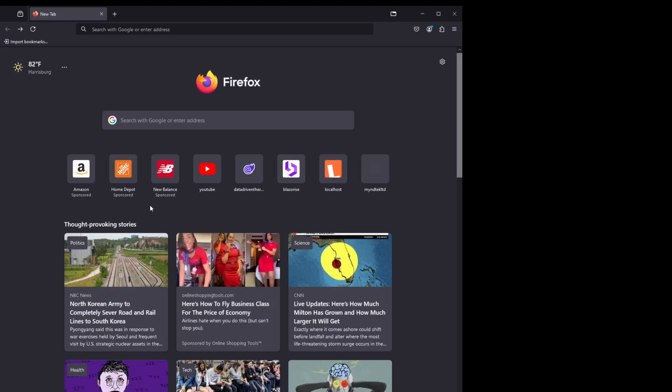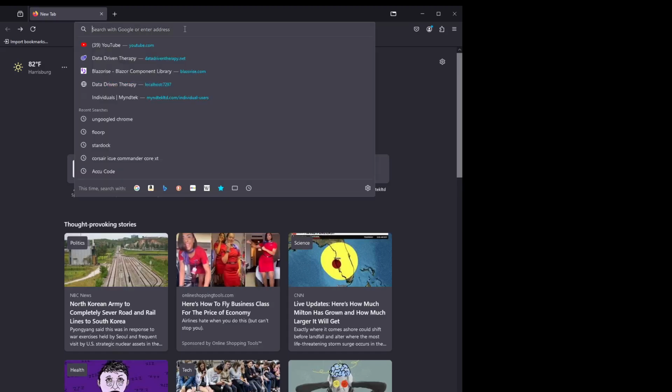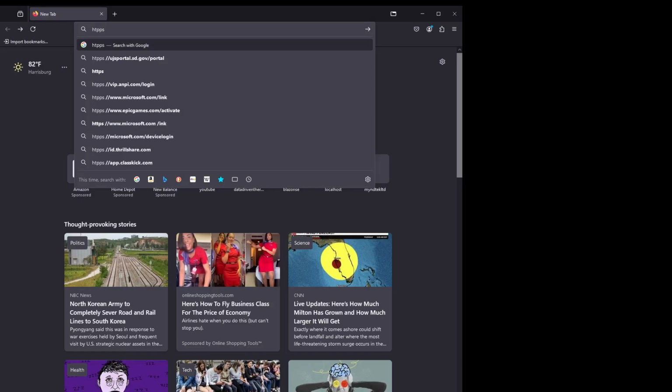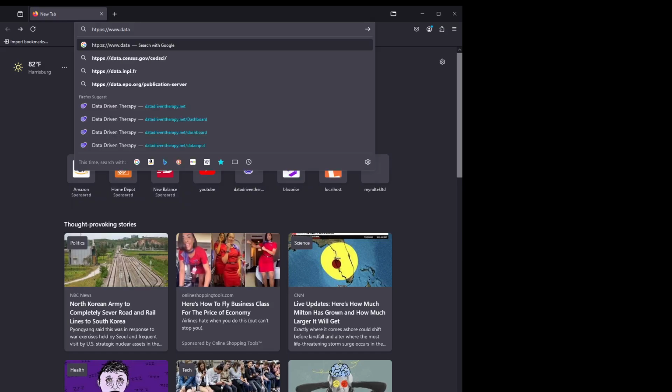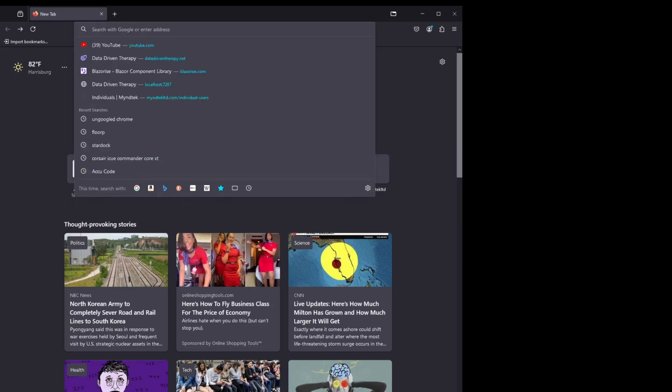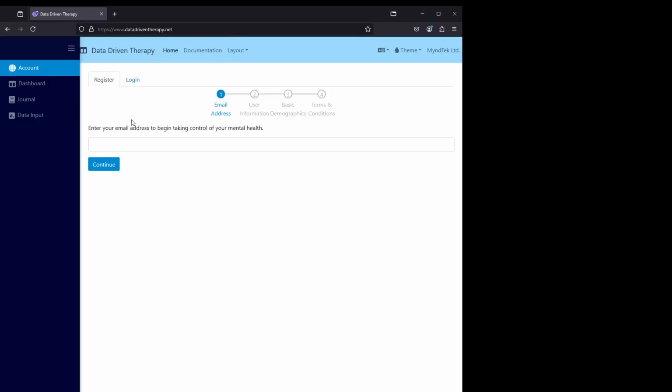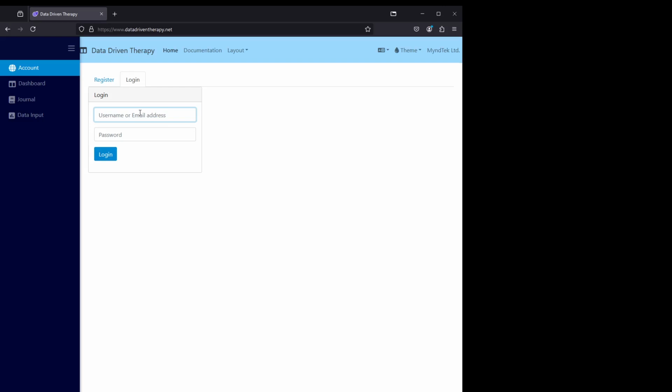So, okay, now that you've seen the registration process, let's go ahead and take a look at some other features here. There we go. This is where we want to be. So now, instead of registering, let's take a look at what the login process is like. We're going to log in as a test user here that has some data. So once you do log in,